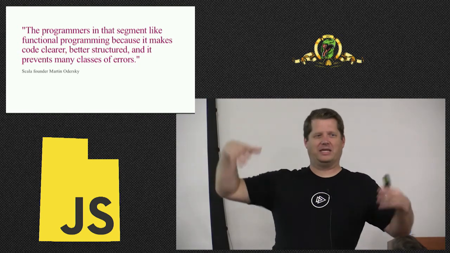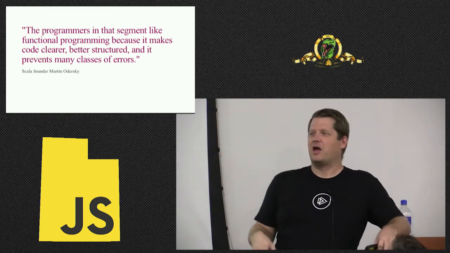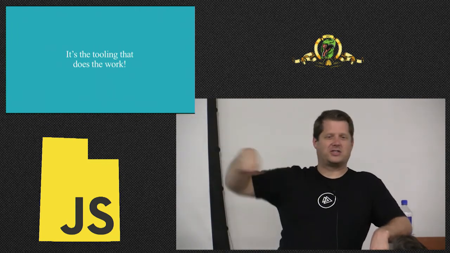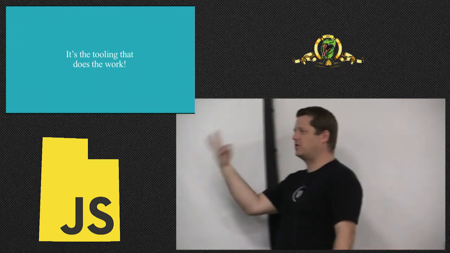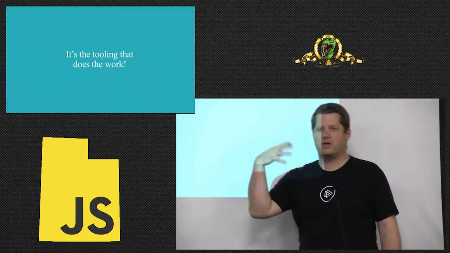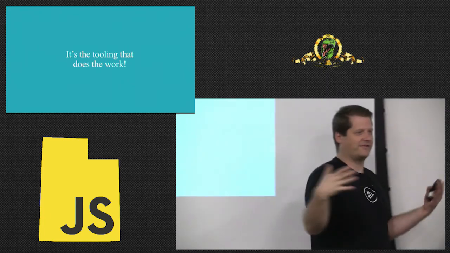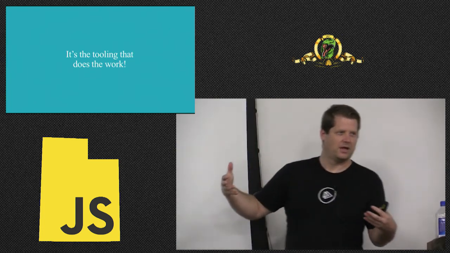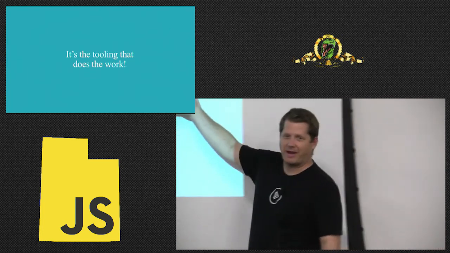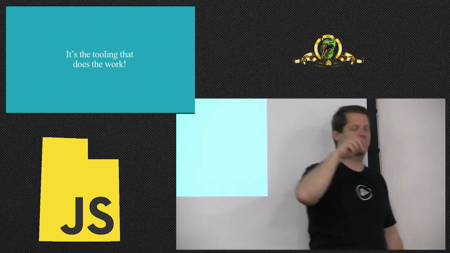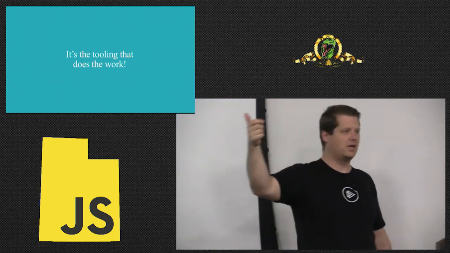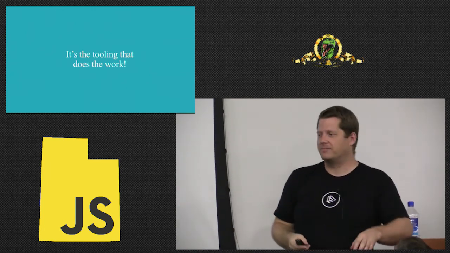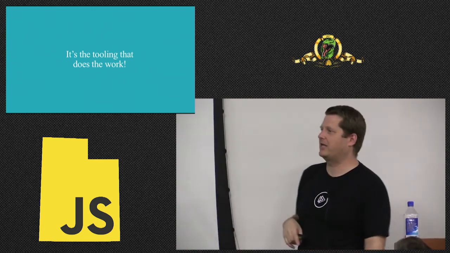But the reason why they did is because it's all make-believe and pretend, right? Because it's the tooling that does all the work. It's the tooling that enforces no side effects. It's the tooling that enforces no mutation of data. It's all of that stuff. JavaScript doesn't have any of that, so we're just going through the motions if we don't have the tools wrapped around it. Now, there are some tools that JavaScript has, so Immutable.js helps quite a bit. So if you want something to be immutable, go with that. Sealing an object does not get you all the way there.